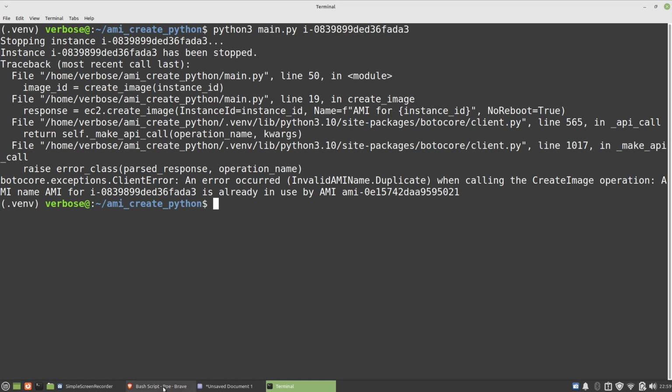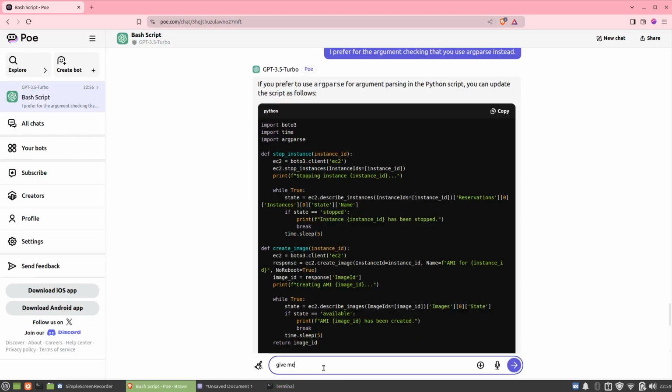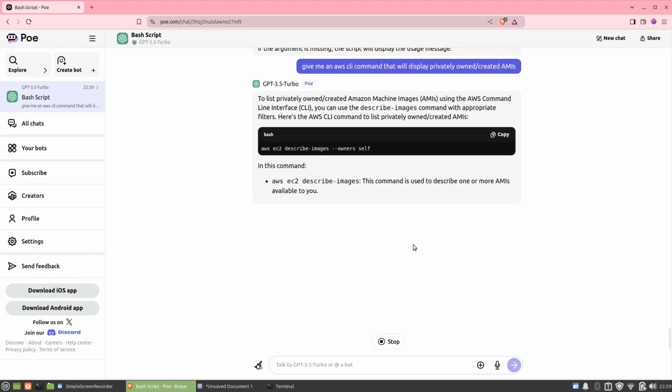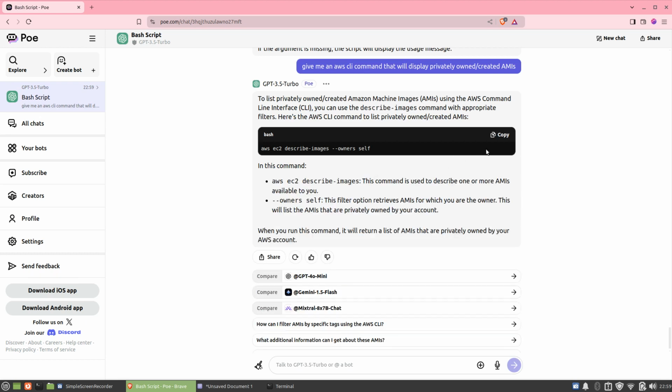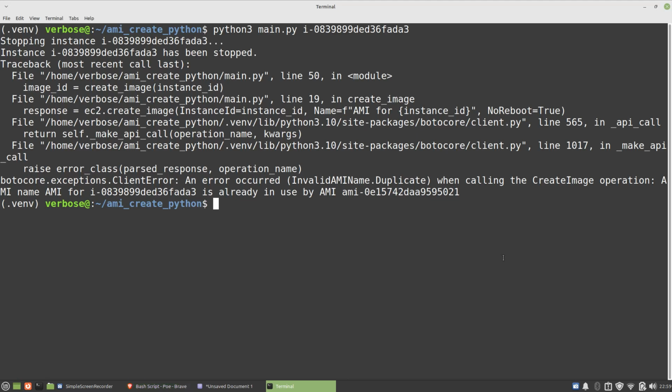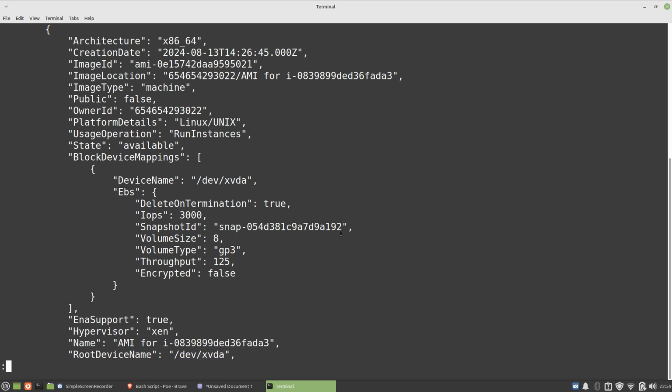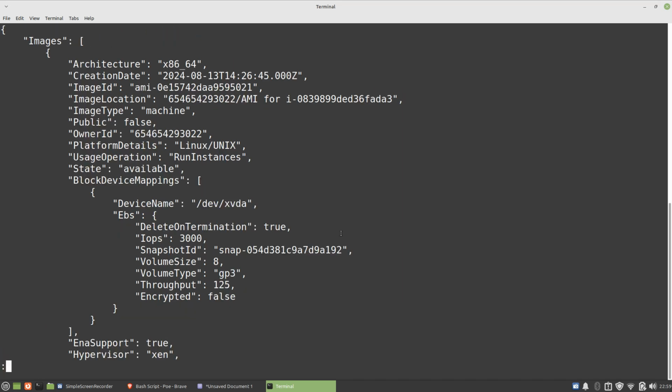So what I'm going to do is I'm going to say, give me an AWS CLI command that will display privately owned or created AMIs. Let's see what it says here, because I couldn't remember the command. Okay, so let me copy this. Let me paste this. Oops. This should show one. Okay, so this is a pager. Okay, so it's showing one, and